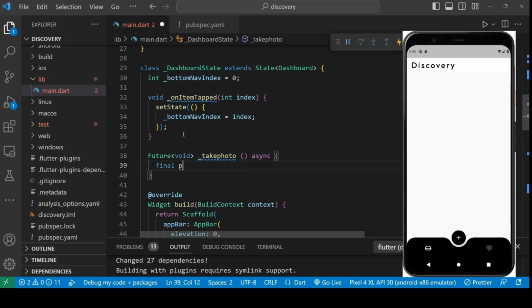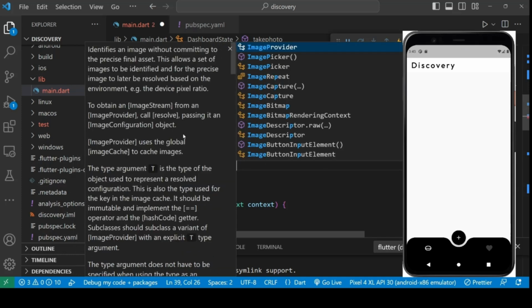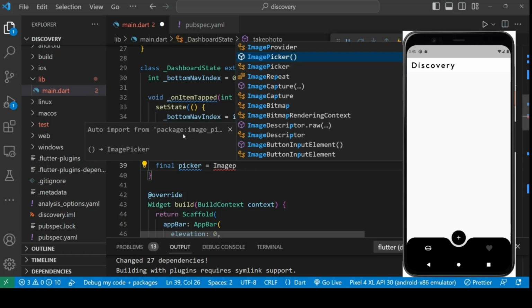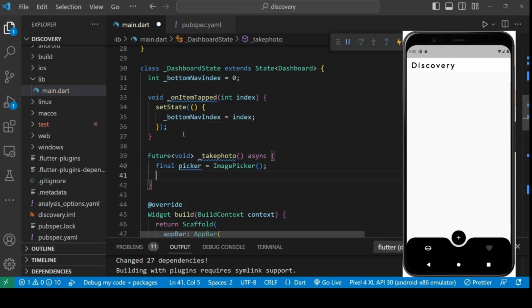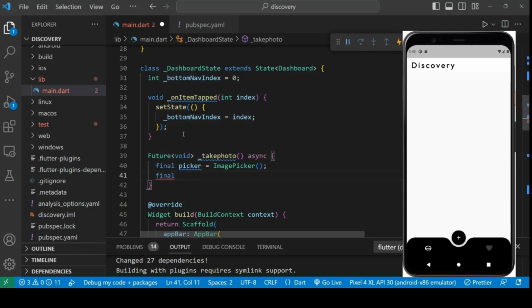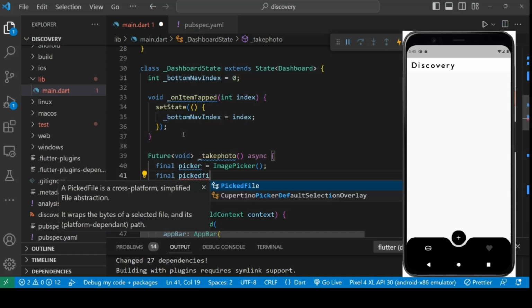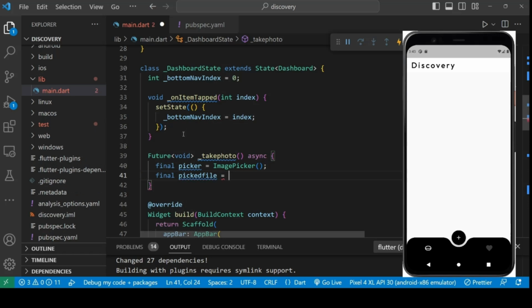Let's call our next widget, which is equals to image picker, which allows the user to pick an image and use it in the app. The next thing, let's make another variable for the picked image. Let's call it picked file, which will be the await, and